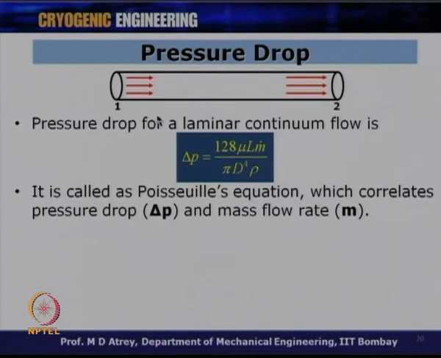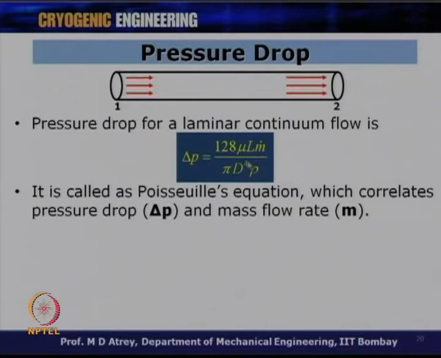So, if the length is L, the mass flow rate is m dot and the diameter is d, then during this travel I will have a delta P amounting to this, and one can see from here that delta P is directly proportional to the length it travels. Delta P is directly proportional to the mass flow rate m dot. If the mass flow rate is high, delta P is going to be high. If the length is high, delta P is going to be high, while if the d is small, delta P is going to be very, very large.